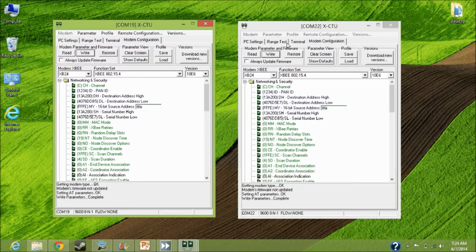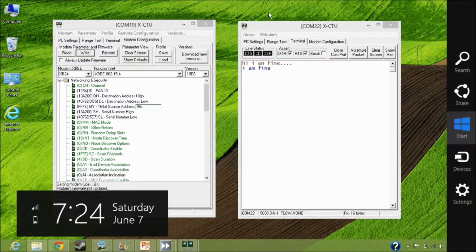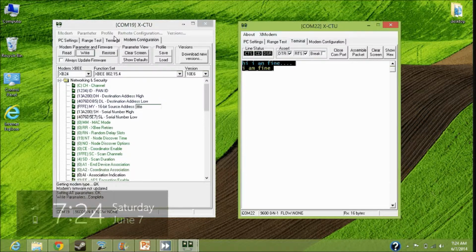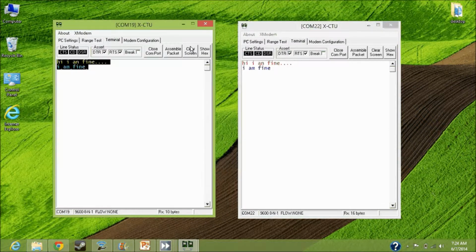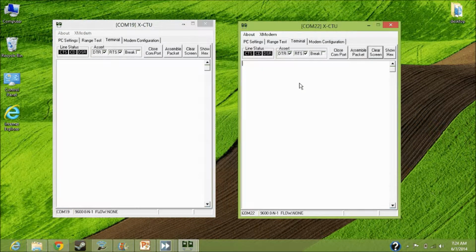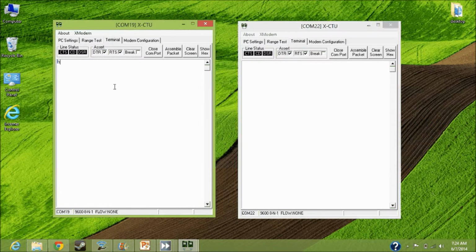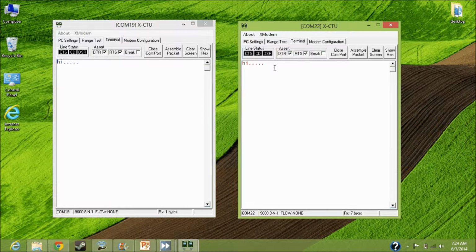So now we'll go to the terminal window. We'll clear the screen in order to have a new screen. So I will type from the server, which is reflected back in the end user. Similarly, if I type in the end user, it is reflected back in the server. So both things can be done, which is similar to the 16-bit address mode.